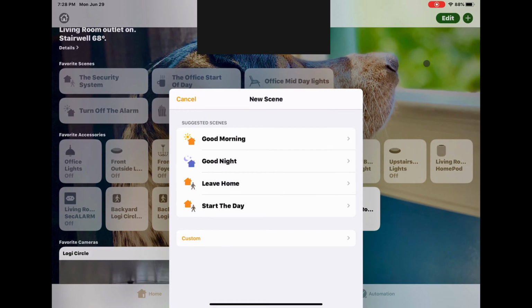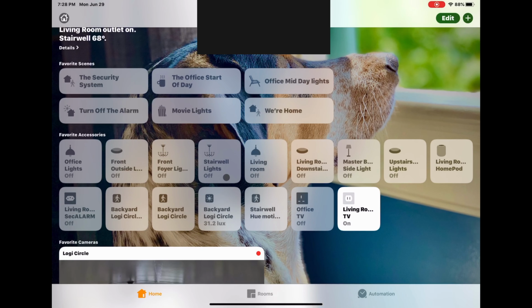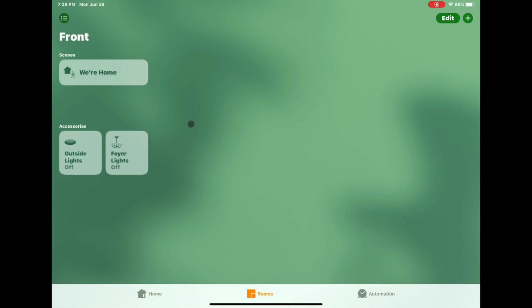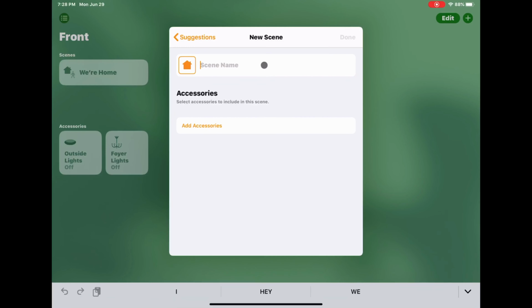Now what we want to do is not turn on those lights during the day. So our next action will be to create an automation within Apple HomeKit that basically keeps those lights off during the day. So you can either create this scene first for this automation from the home screen, or you can go to the room. I like to just go to the room that I want to do this at,